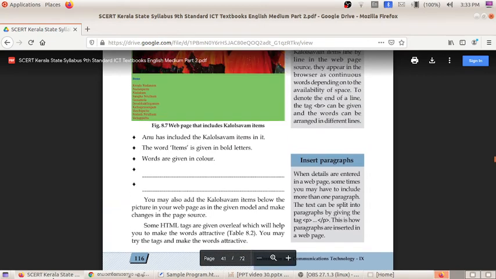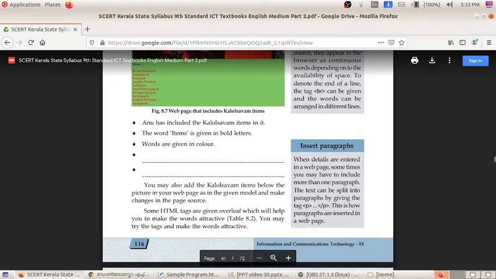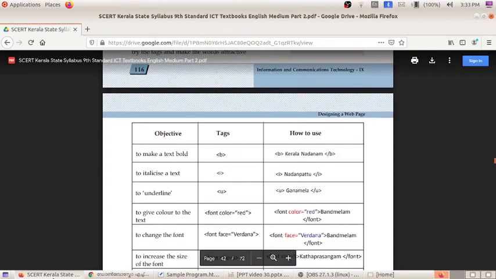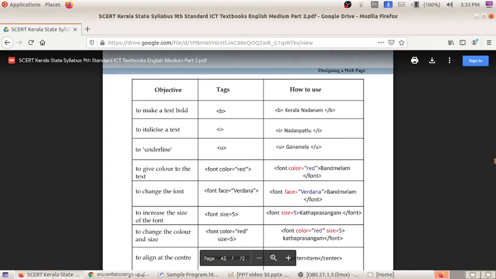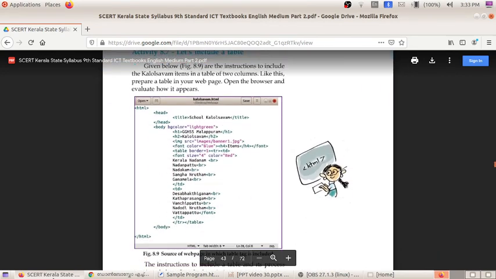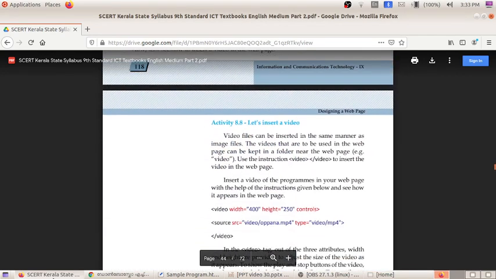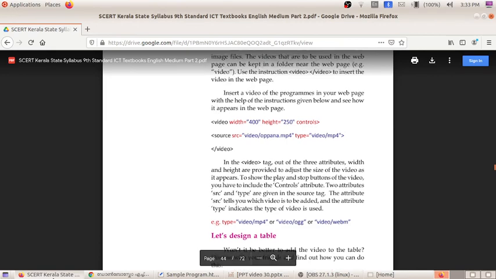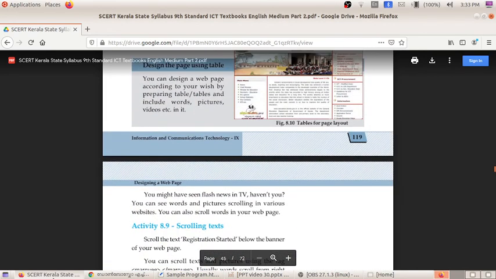And also we have discussed the BR tag and the P tag. The BR tag is used for line by line. For getting into another line, we will be using the BR tag, and for the next paragraph we will be using the P tag. And these are certain formatting tools which we can use for making our text more beautiful, the extra attributes which we have given. Okay, and next we have studied how to include a table, with the TR and TD tags. How to include the video, that we have discussed.